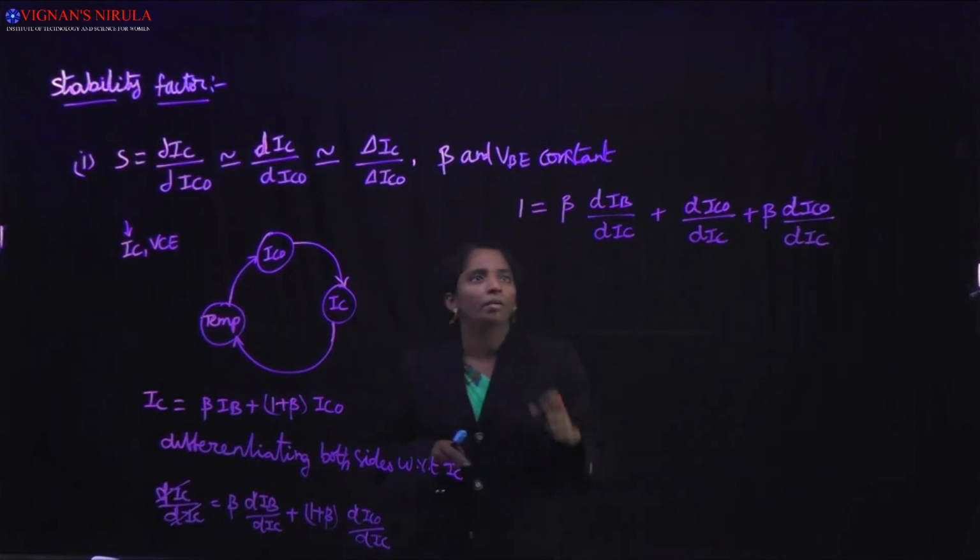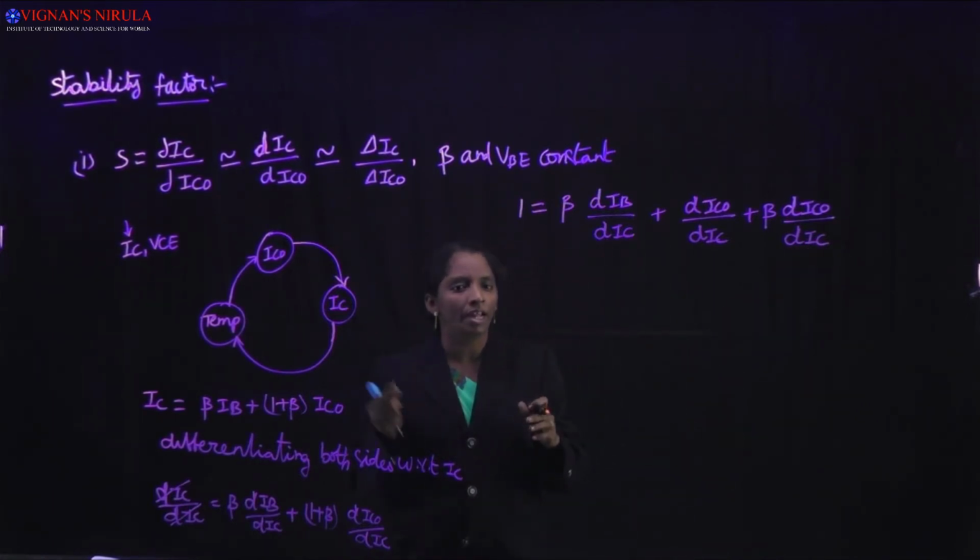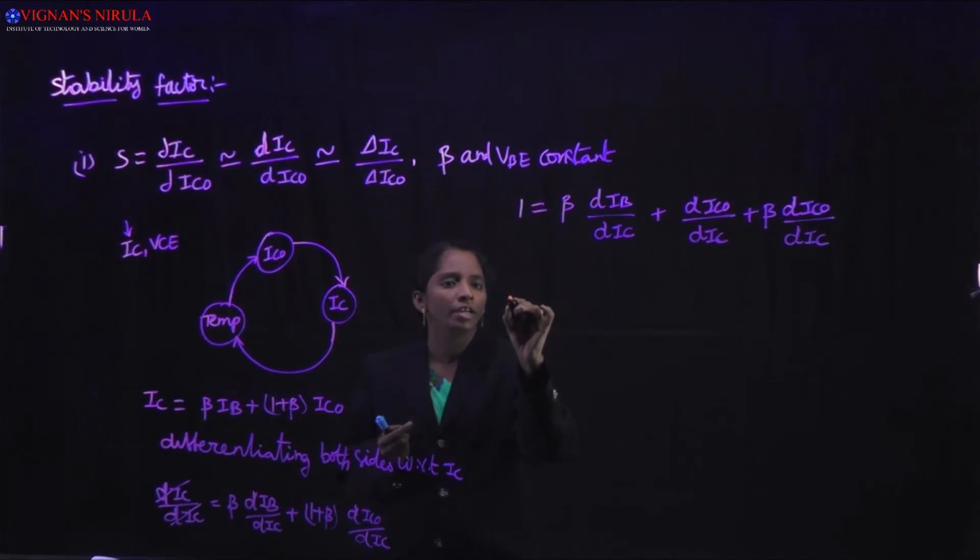Now take the beta into dIB term to the left side, then we get 1 minus beta into dIB divided by dIC